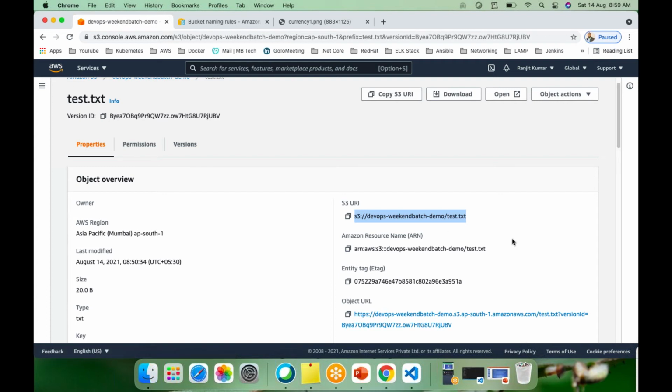Whatever object we access, how do we access it? Using the object URL. This is the URL. Through the browser you can access it directly. We don't have to write any programming code to access the object. Because you are uploading an object and storing it, and somewhere you are accessing it to use it, right? You have to use that object, that's why you are storing it there. So how can you access that object?